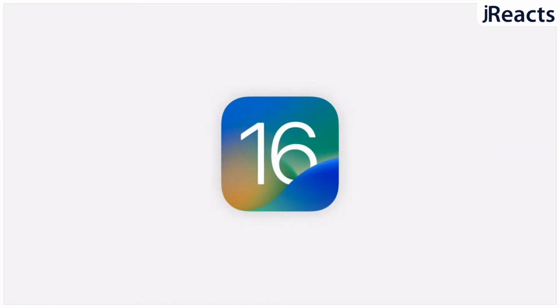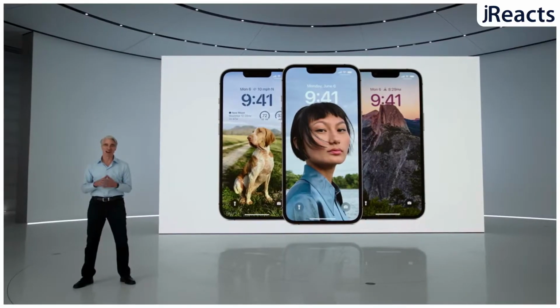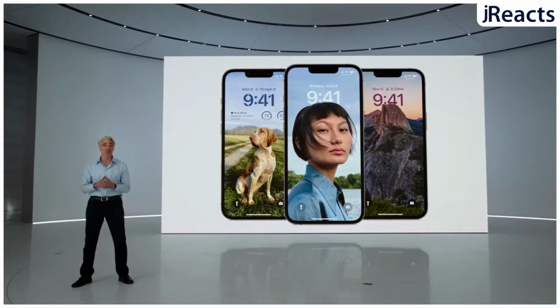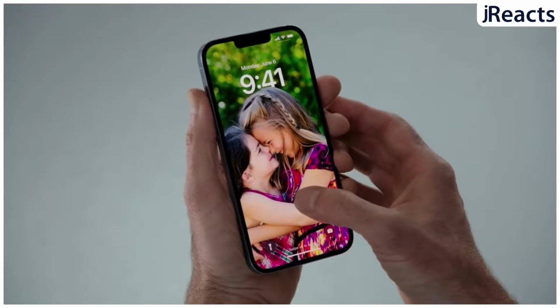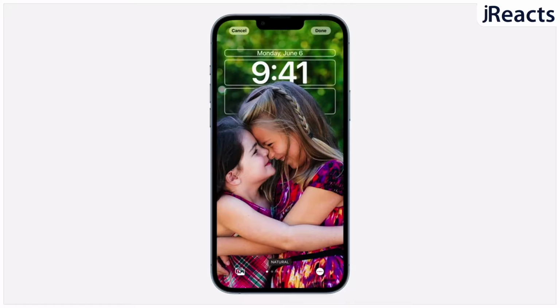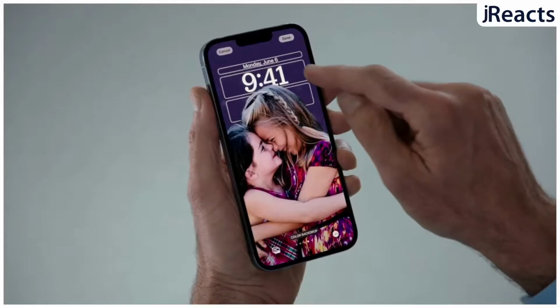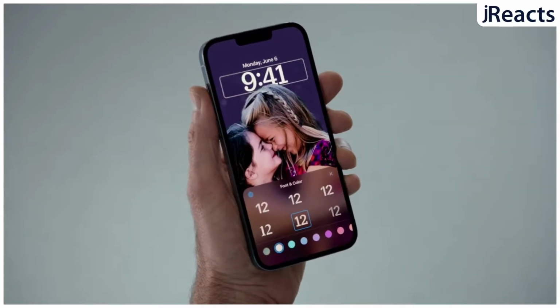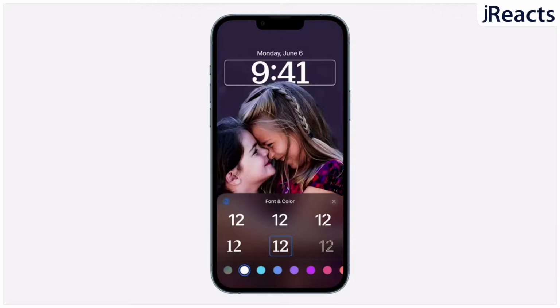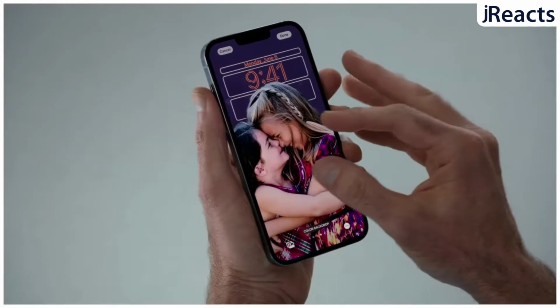iOS 16, which I like the logo, I like the way that little wave goes in front of the 16, and then we went into new lock screen stuff, which is pretty cool. We can now press and hold and actually select different filters that go on top of whatever photo we choose for our lock screen, and then we can actually change the font and the color and everything when it comes to the time.